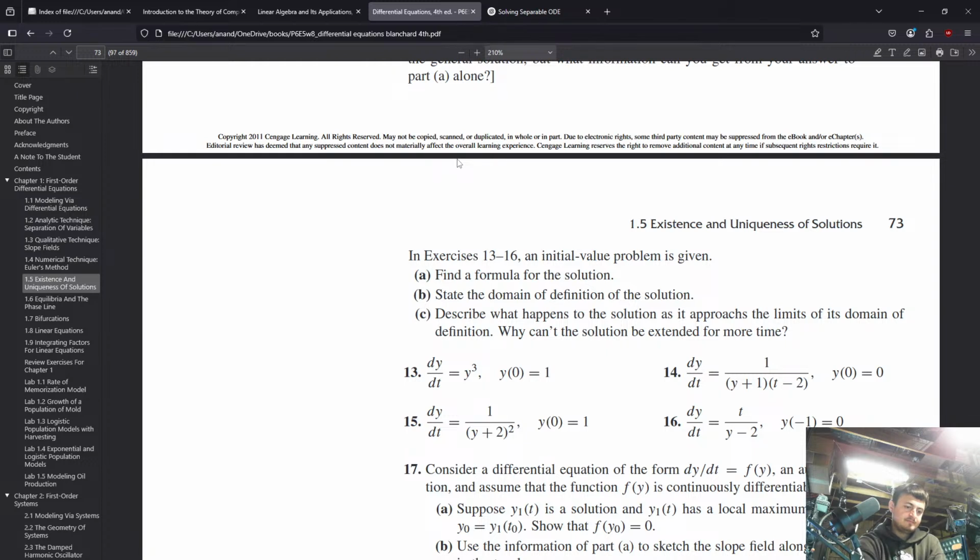Now the domain. State the domain of the definition of the solution. 1 over 0 is undefined. Okay, so if we have